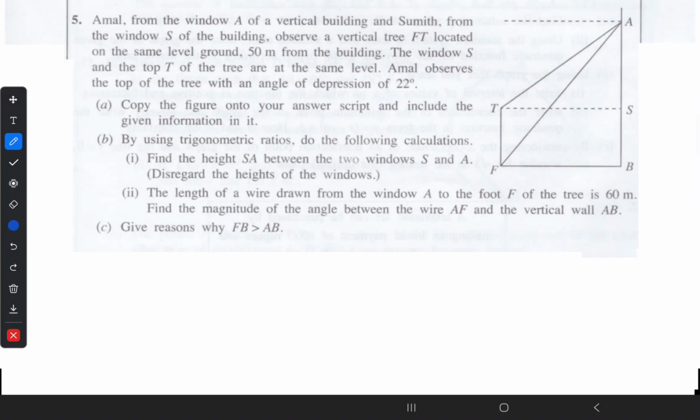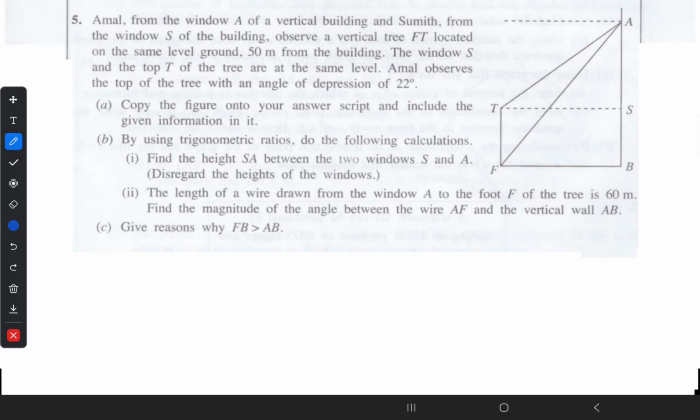Amal from the window A of a vertical building and Sumit from the window S of the building. Okay, this is the building under consideration. Amal is standing here and Sumit is standing here. Thereafter,